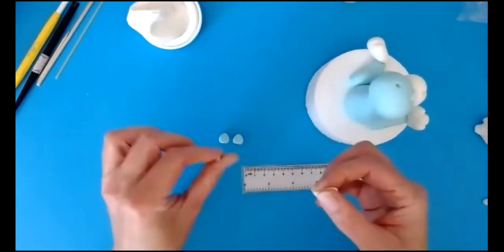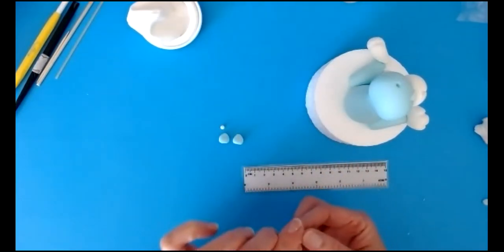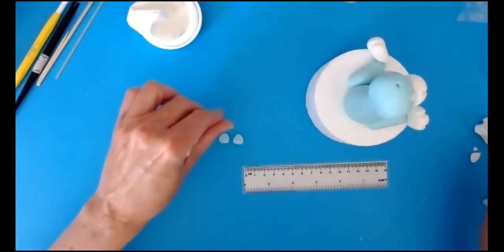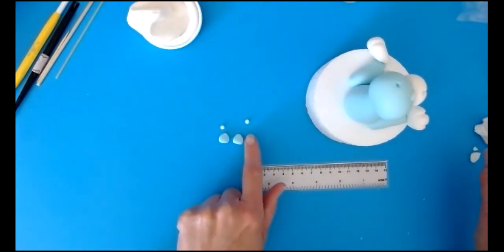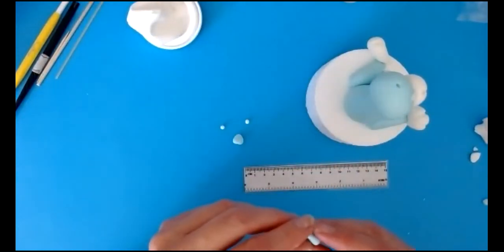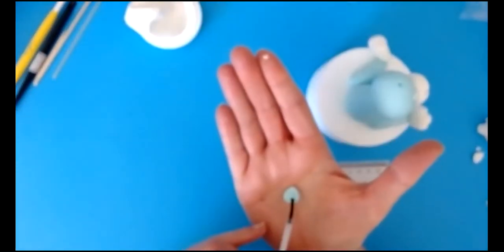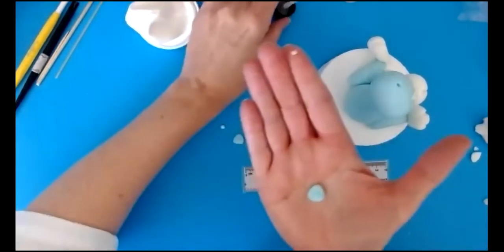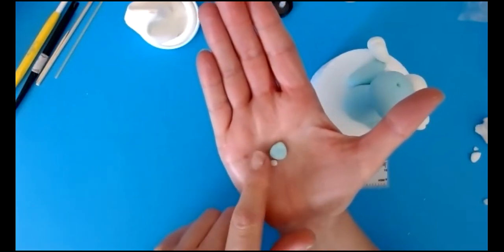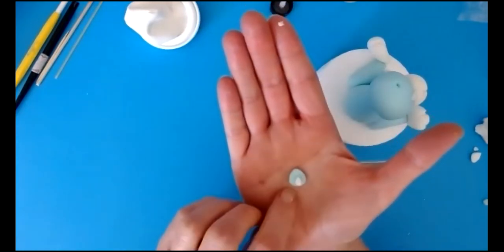Put those down and then get yourself a tiny bit of white. Comparatively, it is weeny. It's a pip size. It's probably about 3 mil. I couldn't even measure that in an inch. But really, really small, you can see the difference. So if I take one of those ears, the tiniest amount of glue in the middle, take the little ball of white, roll it so you get the same cone shape,